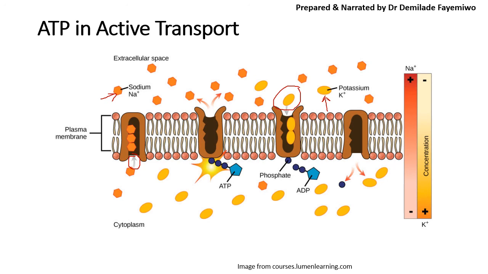Something about the sodium-potassium pump that you must know is that for every 3 sodium ions that move out, 2 potassium ions are pumped in. And that might mean nothing to you now, but when we get to coordination, for example, or some of the other chapters that we go into later on, you will see why this is important.